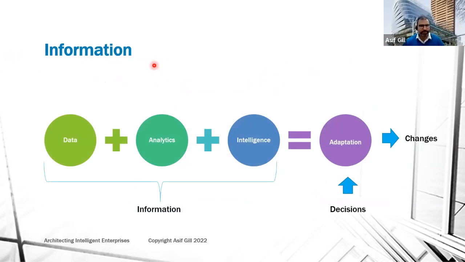When we look at the information piece, I will quickly jump onto that. It means data, analytics and intelligence, and that enables decisions, and decisions for change. When we look at adaptive architecture, or the architecture of our organization, architecture is all about change. It's about the ability to respond to those changes, plan it, architect it, implement it and operationalize it. So there are a lot of decisions around those changes. Architecture information can help us make those decisions about the changes, including digital transformation.